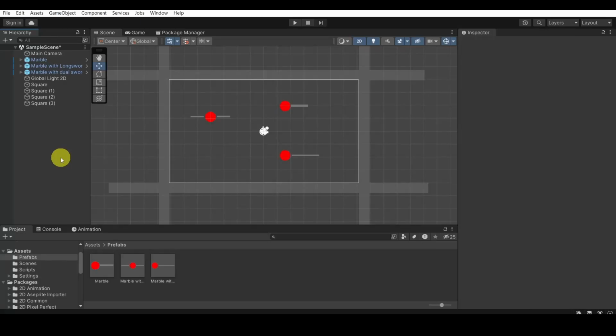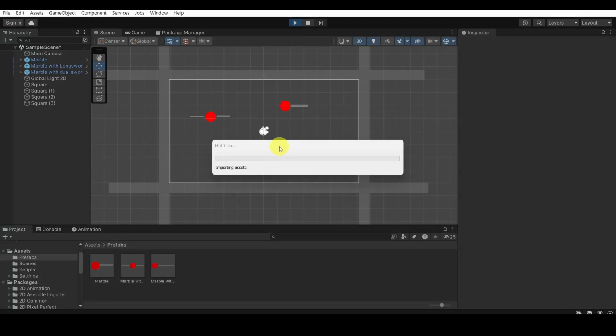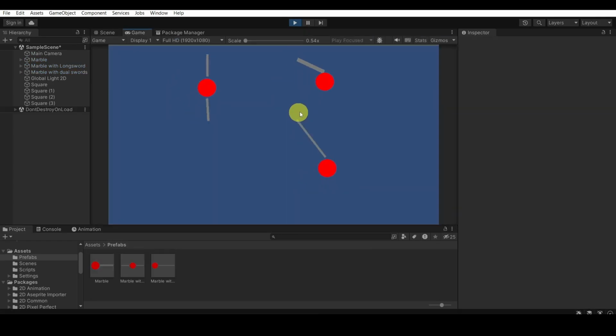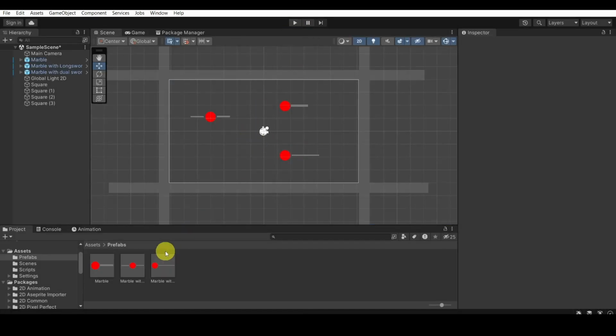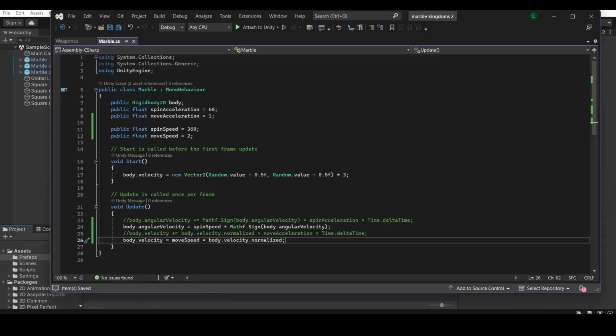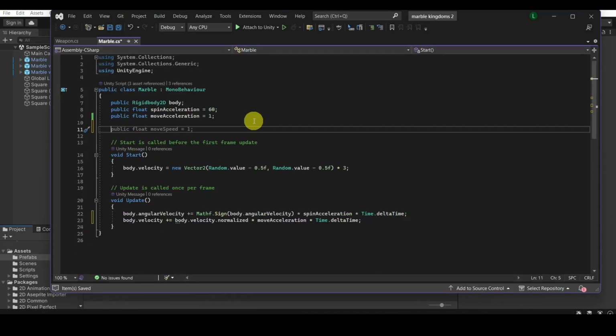Hello again. In the last video we created this little marble fighter simulation, and the issue we had with this is that the marbles just die immediately. We want them to have some hit points. So let's implement that. We need a health value, so we'll do a float health, make it 100 for now,